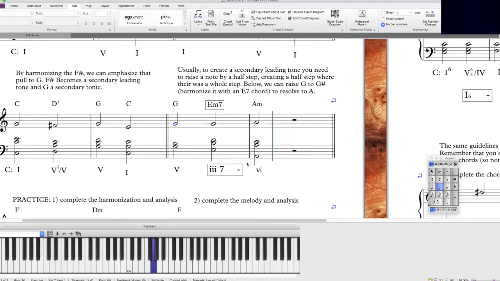We have to start by looking at the chord that we are going to emphasize, the chord that we want to lead to, right? So what do we need a leading tone to resolve to? In this case, we're going to go to A minor. So what's the leading tone of A minor, or A major for that matter? Remember, leading tone is always a minor second below the given pitch. So instead of G natural, G sharp, right? So now we get G, G sharp. There's our secondary leading tone, which resolves up a half step to A minor, which we can consider our secondary